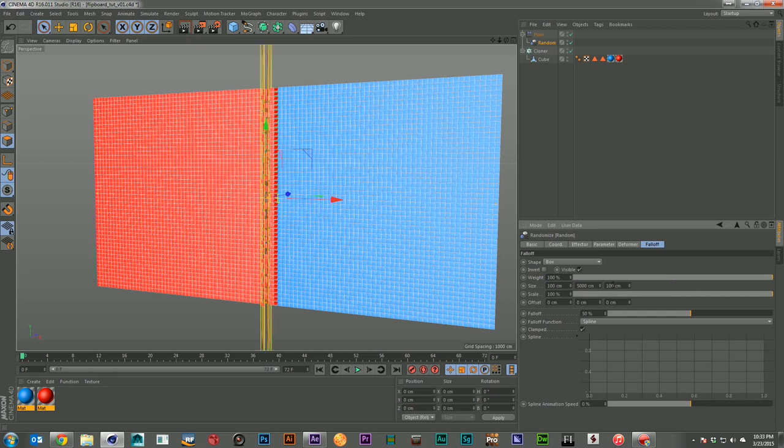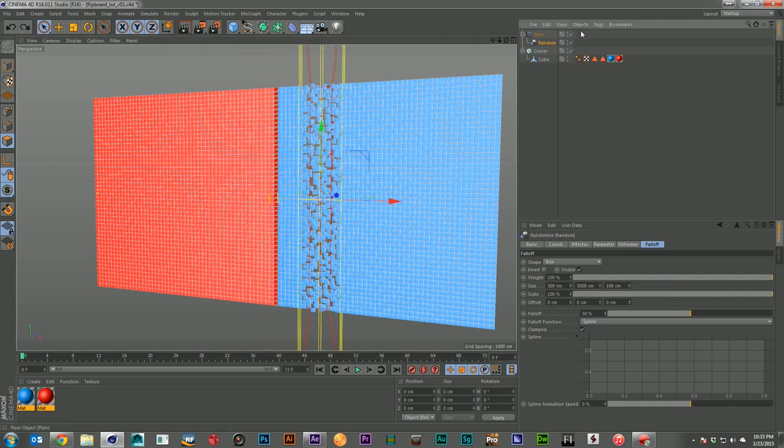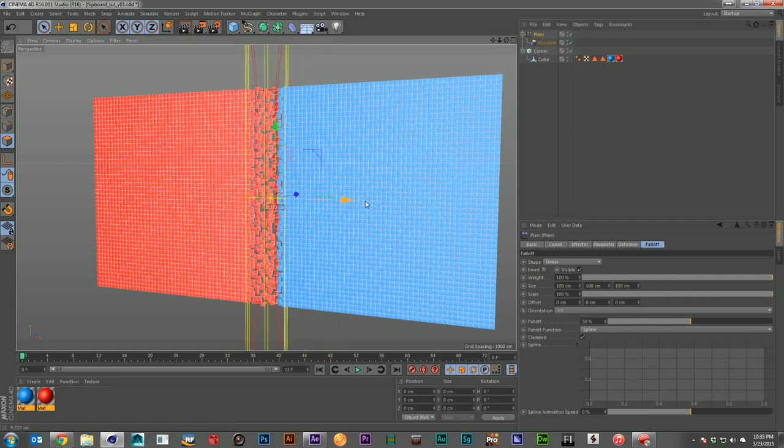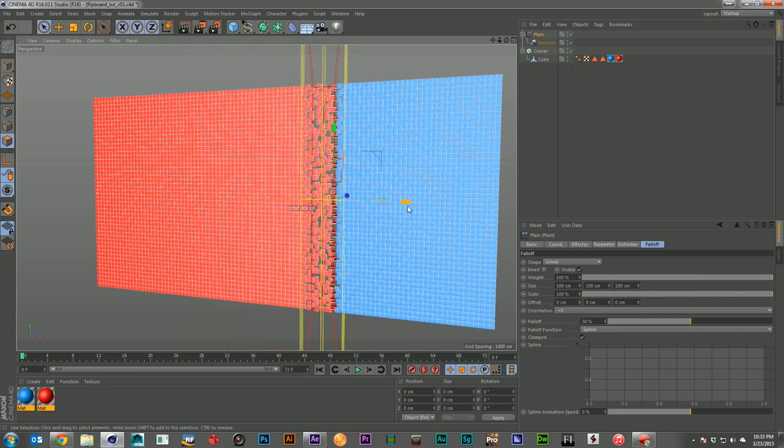There we go. And we'll widen it out in X. So now as it travels along, it will disrupt and gives us a nice wider area to be flipping.